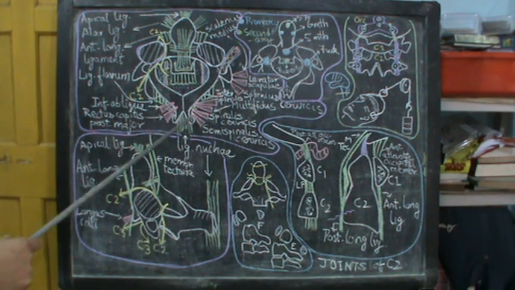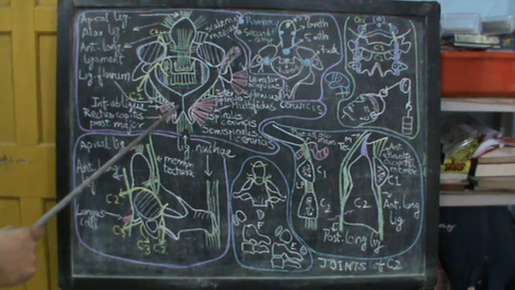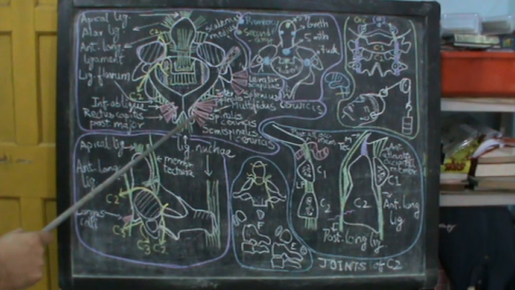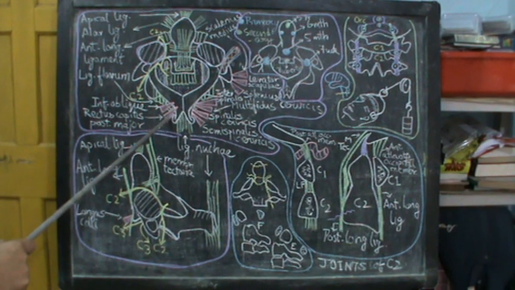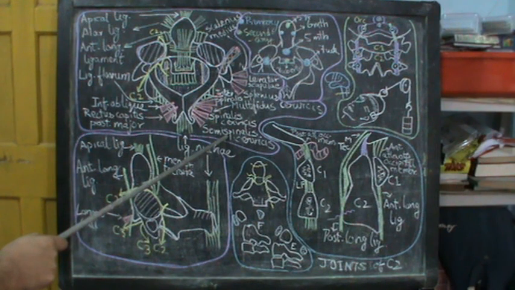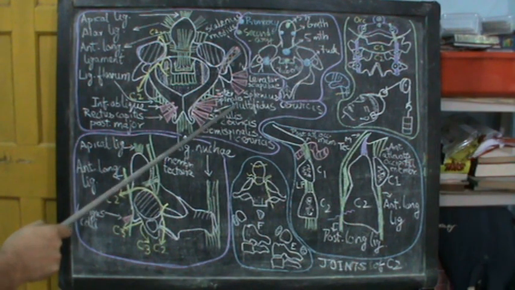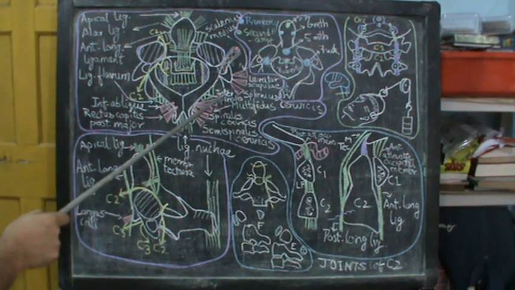And to this spine are attached a number of muscles. Some of them are attached to the upper surface, some are attached to the inner surface. Now to the upper surface you have the obliquus capitis inferior and the rectus capitis posterior major. And to the inner surface you have the semispinalis cervicis, spinalis cervicis, multifidus and interspinalis.